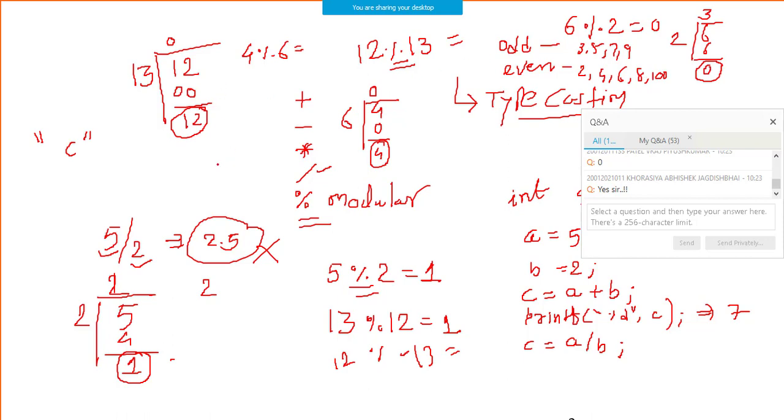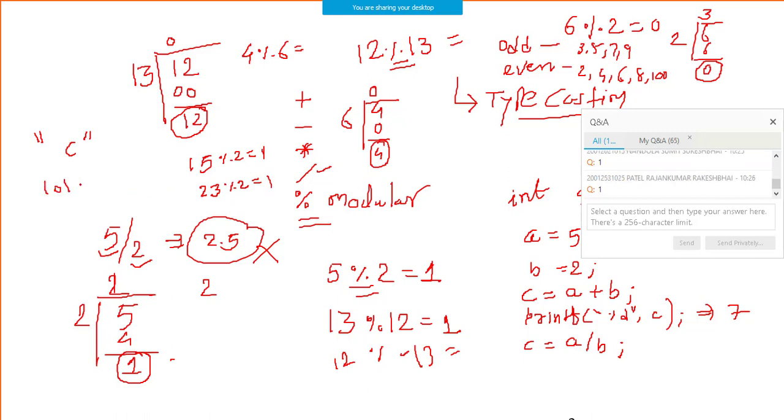Now please understand, suppose you pick up any odd number. Let's say 15. 15 is an odd number. If I take 15 modulo 2, what is the answer? 15 modulo 2, it's 1. You take any odd number, let's say I will take 23. 23 is an odd number, right? 23 modulo 2, what is the answer? 1. Right?